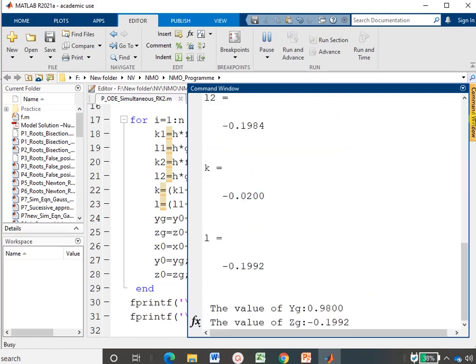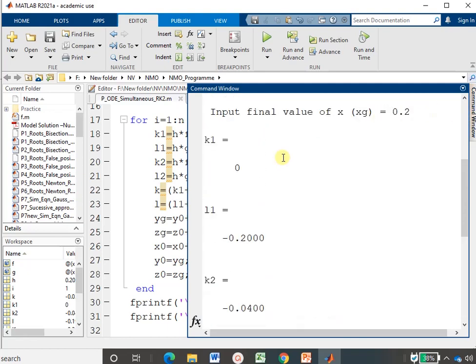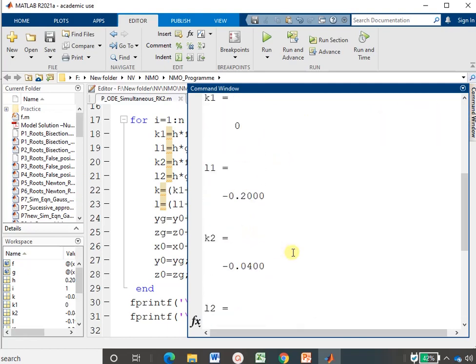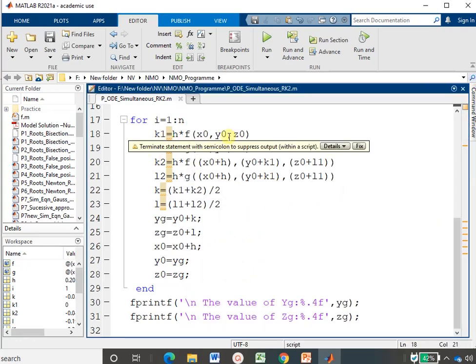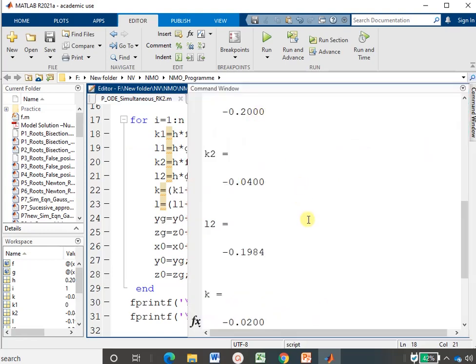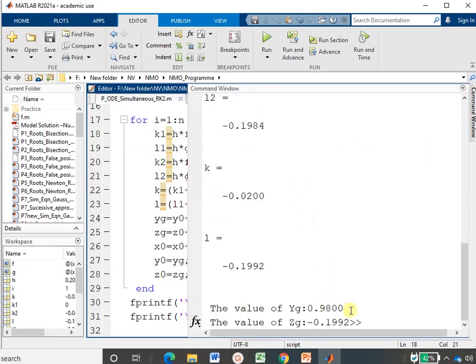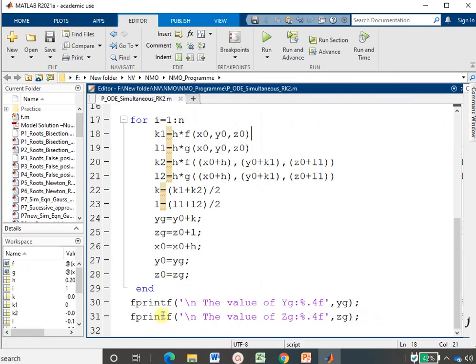When you hit the enter key, you can observe that all the values get printed, that is the k1, l1 values, then k2, l2 values, k and l values, and then the yg and zg values. These values are printed because we haven't used the semicolon at the end of this line, and the final values of yg and zg are also printed because we are using this fprintf syntax, right?